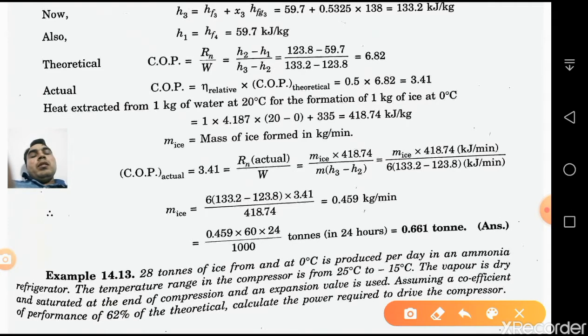Next, the heat extracted from 1 kg of water at 20 degrees Celsius for the formation of 1 kg of